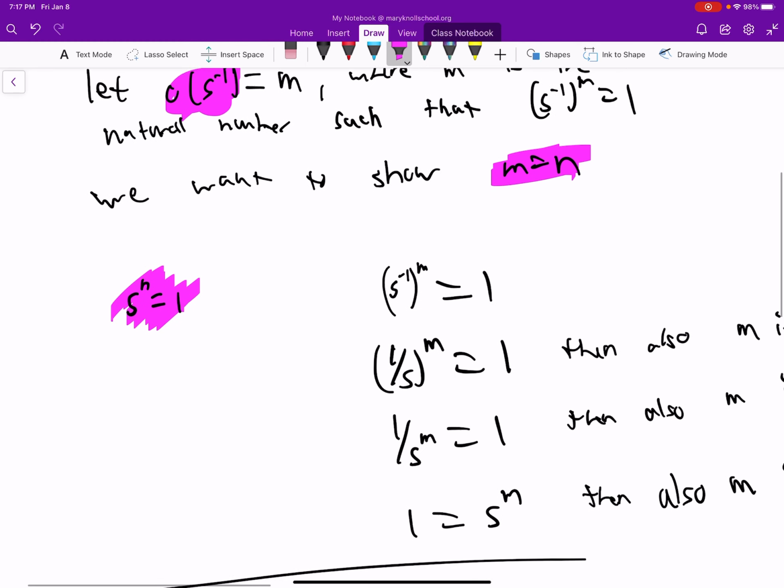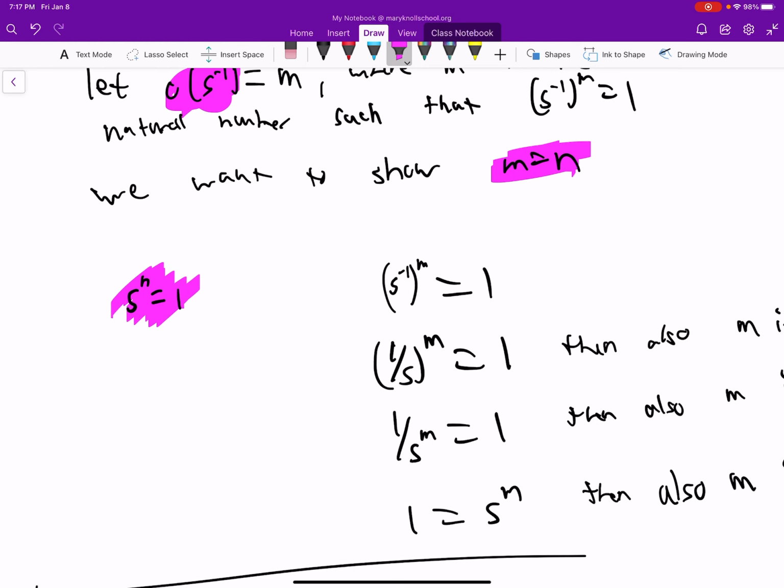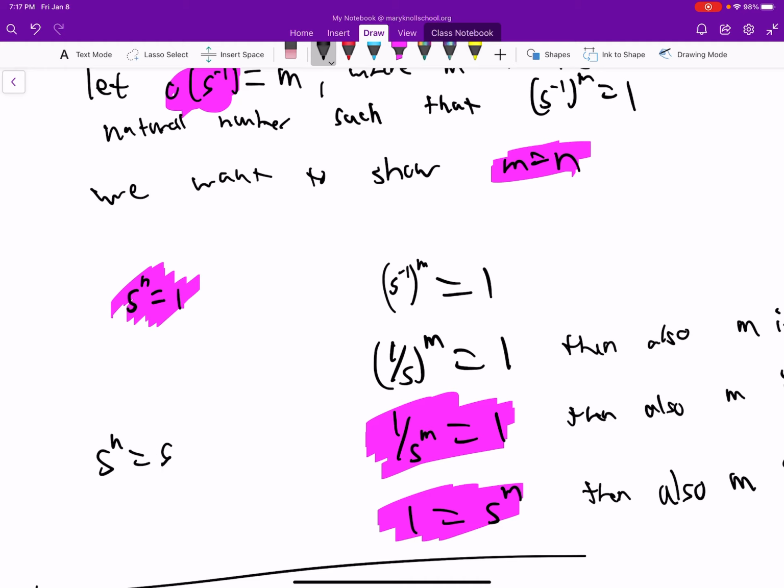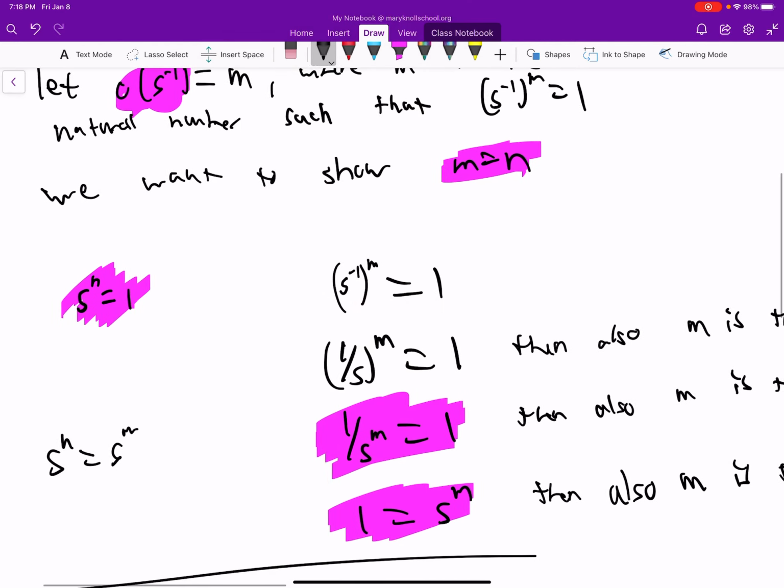Then we take a look at S inverse to the m is 1. And then we just take some steps here. Here we just multiply by S to the m on both sides and we end up here. And now immediately you should think, oh yeah, look at that, they're both equal to 1. S to the n is equal to, since they're both equal to 1, then hey, just erase this part, m equals n, right? But not so quick,